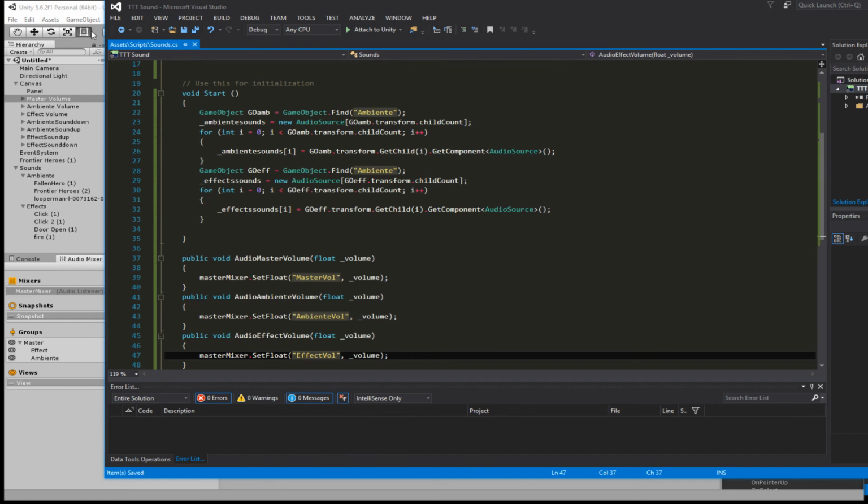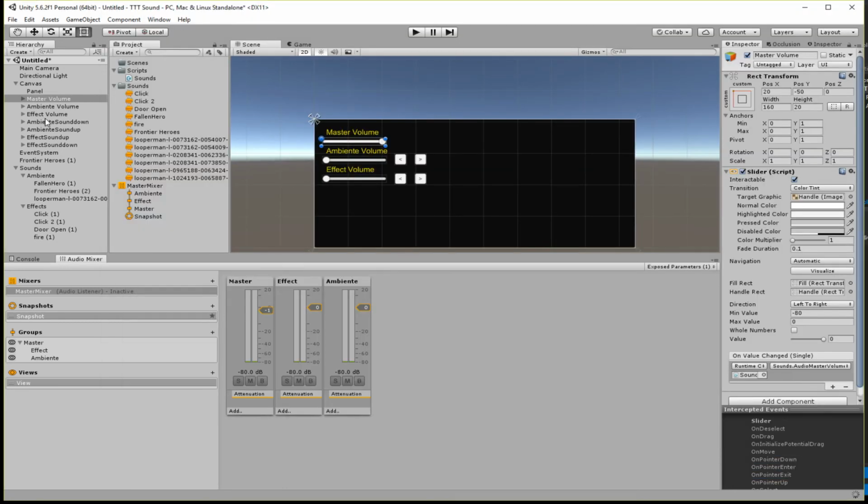We save that and go through our compile that and set the values also, -80 and 0,